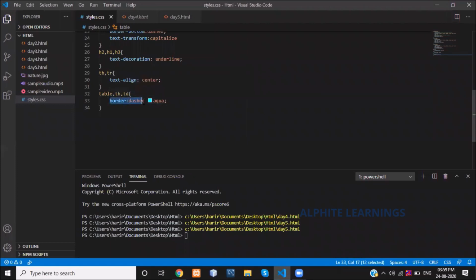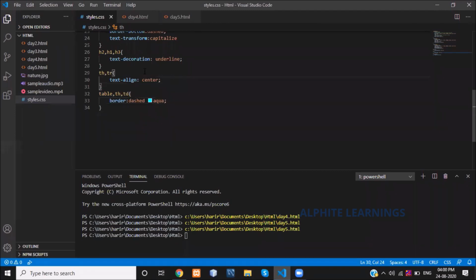For that the border will be dashed and the color will be whatever is mentioned here. This is all about aligning your table header and table row data, and giving the border to your table, table header and table data. What next?